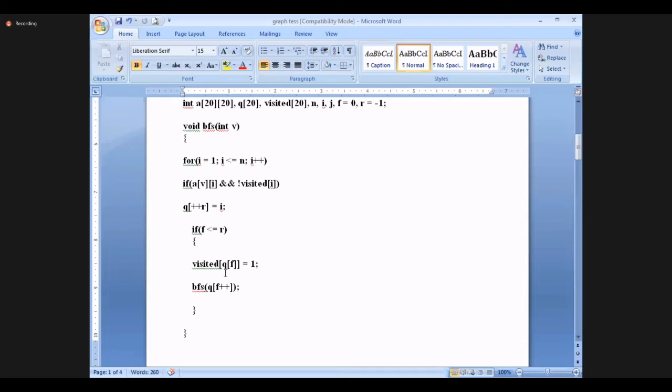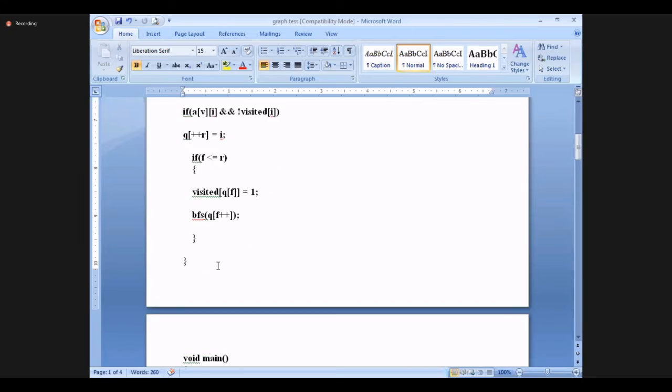It will check all the rows, whatever possibilities, whatever connections are there. From that, it visits all the nodes. So at the end of this function, all the Q and visited nodes will be noted, marked.